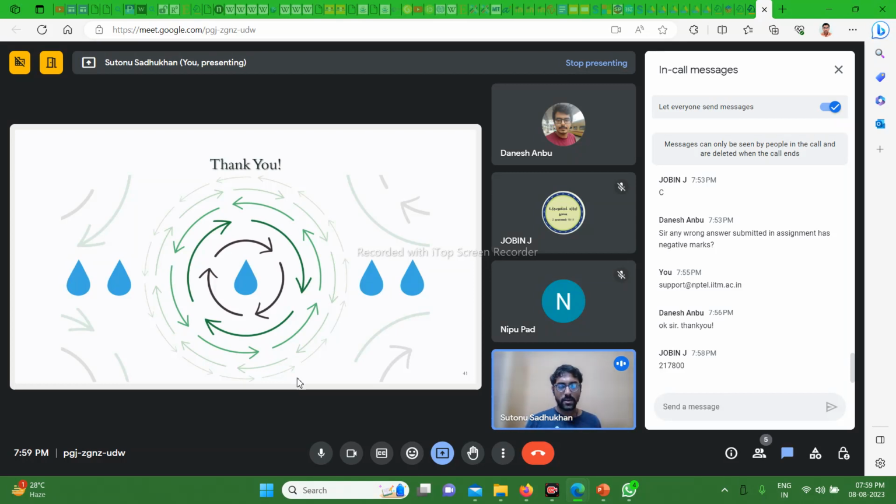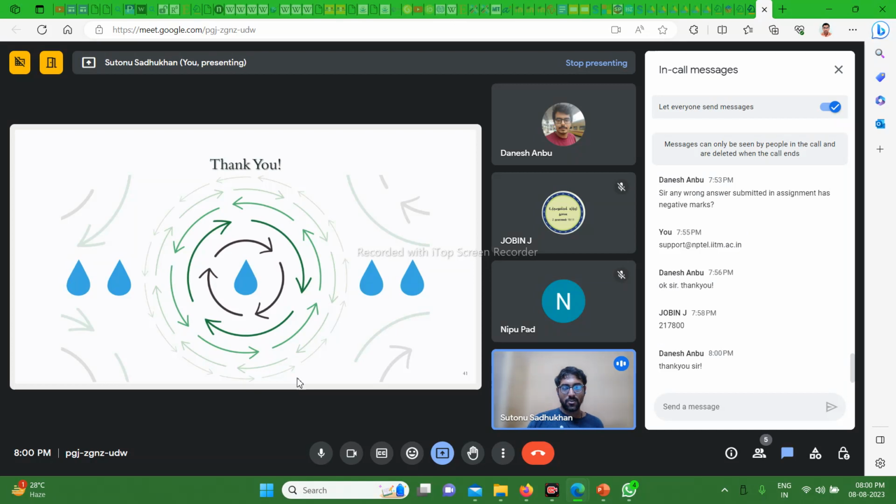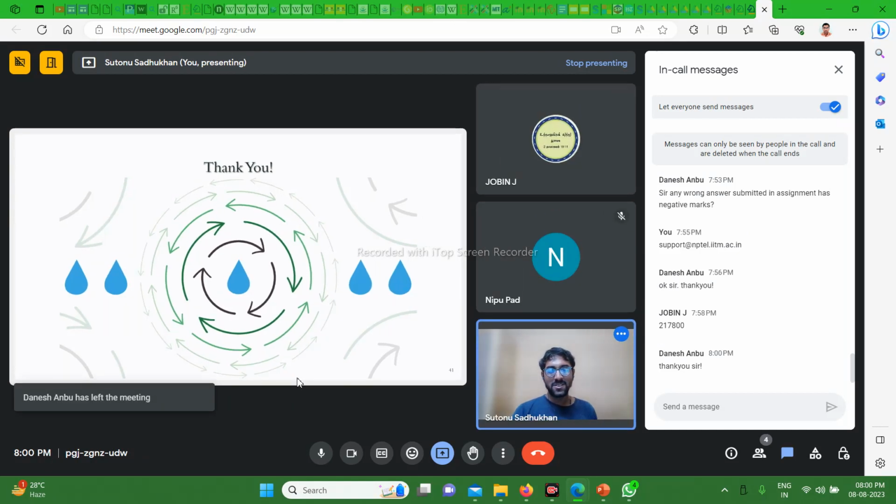Those are similar to the assignments. Mostly MCQs are there, so I'll go through the MCQs, and I'll also try to put in some new concepts. These sessions are not only for solving assignment problems; they are also for learning and interaction, and if you have something of your own to share, you can always speak up. It's an interactive session, with two-way interaction, and I am also just a student like you.